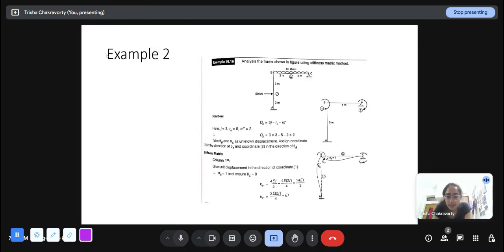So now let us look at another example. We analyze the frame. The previous question was a beam. This is a frame. J here is 3 because there are 3 joints. RE is 5, 3 from this fixed support and 2 from this hinge support, and M dash is 2 because they are actually rigid. In the rules it was written that we have to consider all the members as rigid. It is part of this methodology.